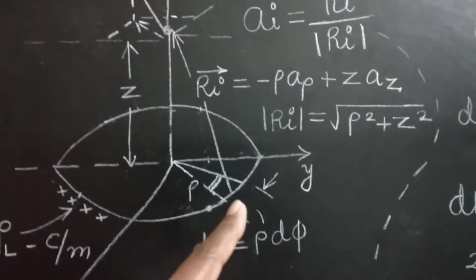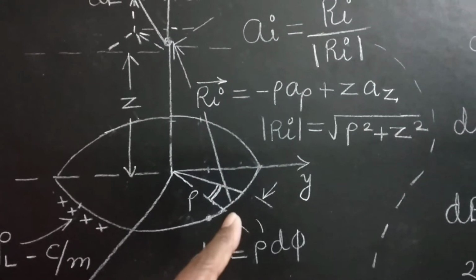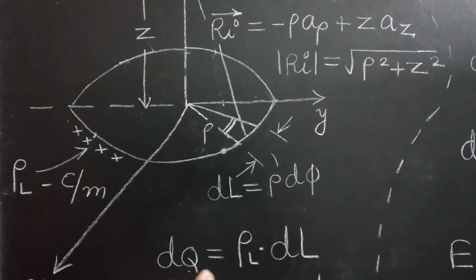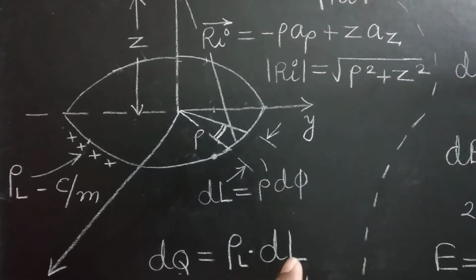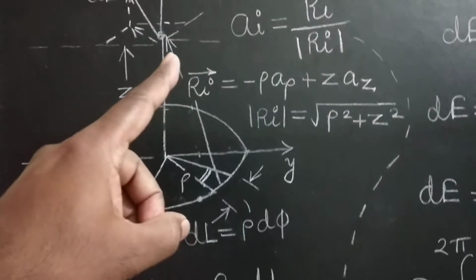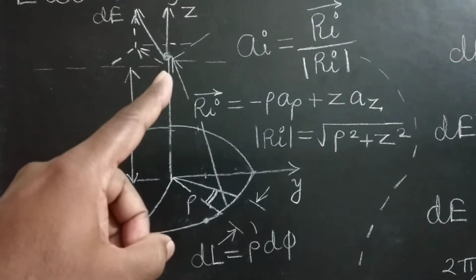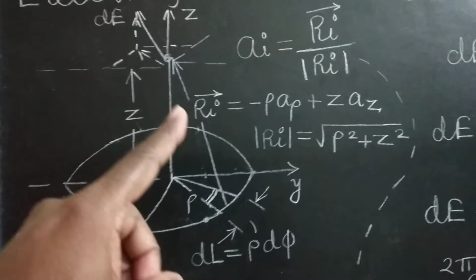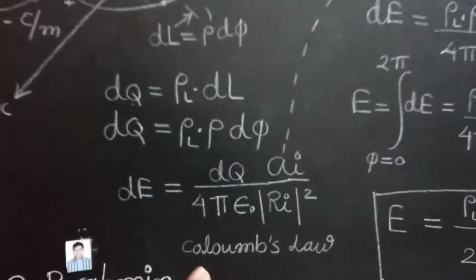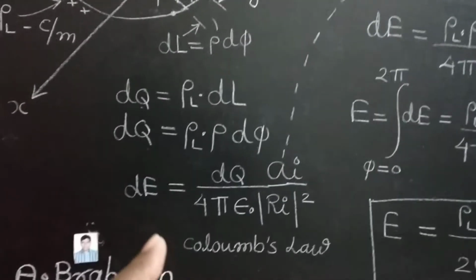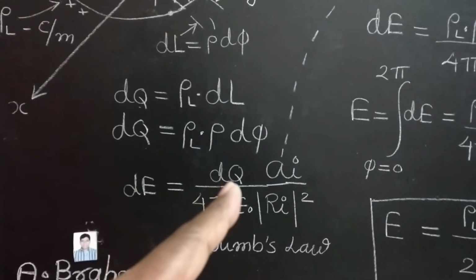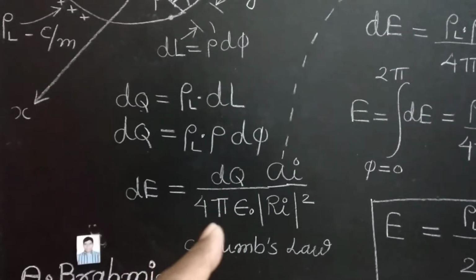In this small portion we evaluate the small charge, which will be rho L into dl, and due to this small charge we calculate the intensity at the point of interest by using the well-known Coulomb's law, which mathematically says the intensity at the point of interest is the charge divided by 4 pi epsilon naught distance square,